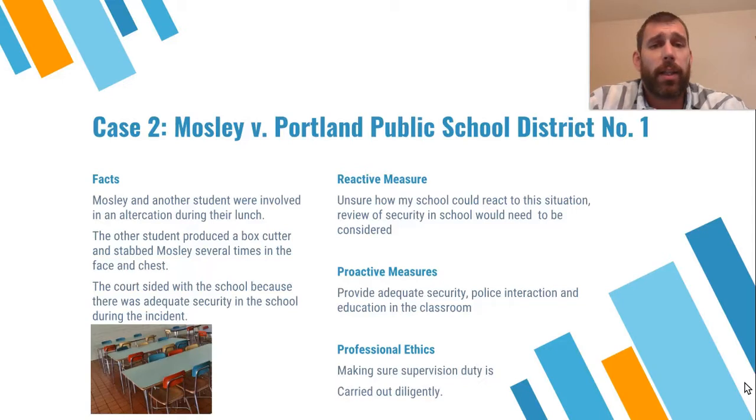I also think that the local law enforcement could visit our school classrooms, and they could talk about situations like this and the importance of school safety and the importance of not bringing weapons into schools. If it were feasible, then schools could purchase metal detectors and security cameras to try and help deter situations that are similar to this case.